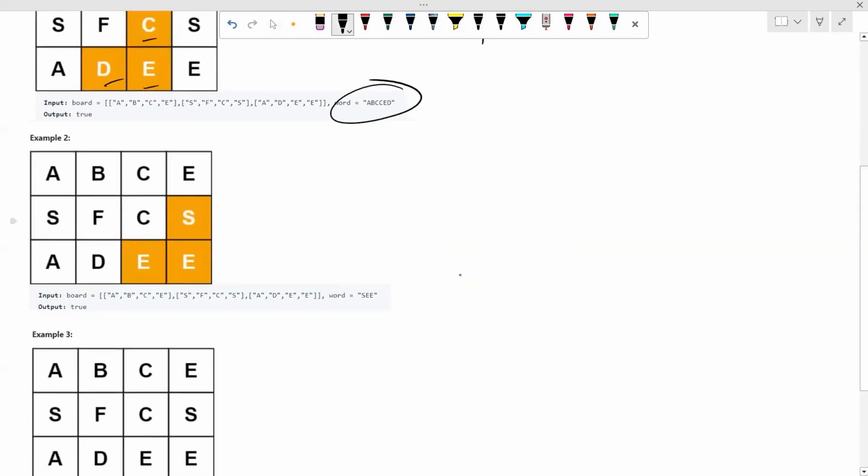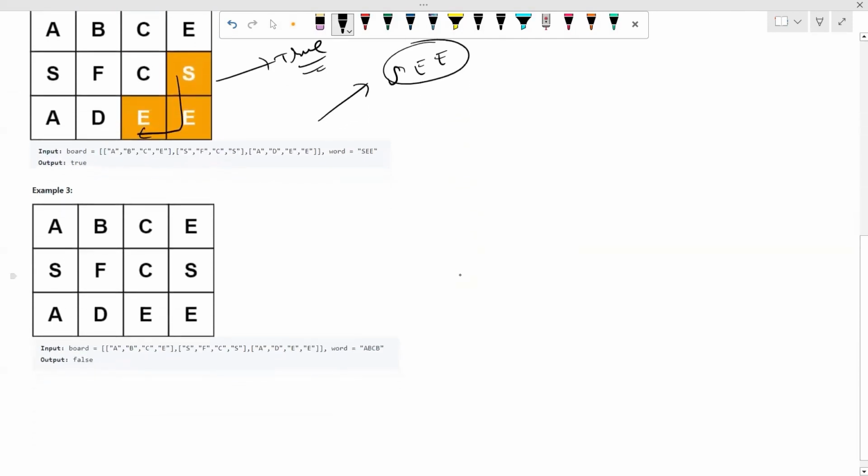From this matrix, we need to find out C, right? As we can directly see, C is over there, right? So it will return true. So now let's look at the third example too. From there, we need to find out the word A, B, C, B. As we can directly see, there is no word which can be found over there in the matrix, right? So we'll directly return false,